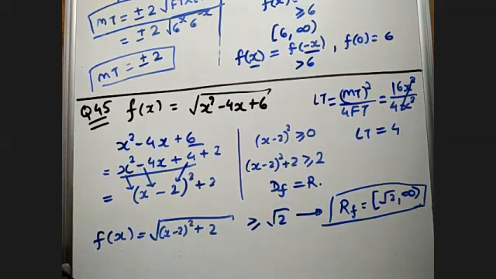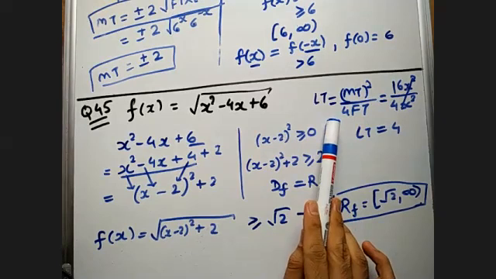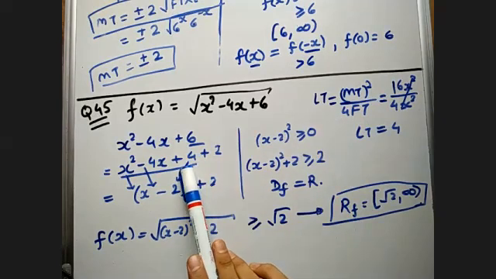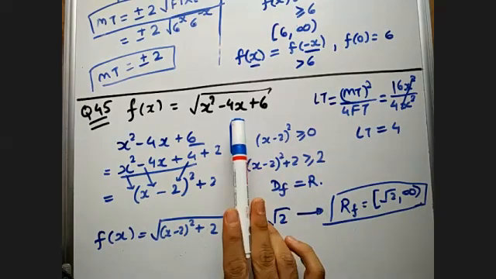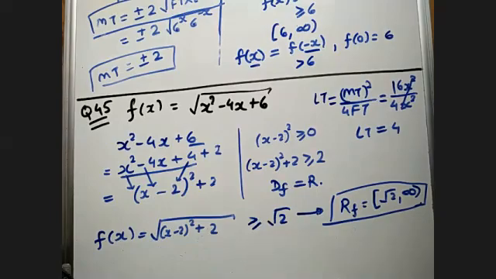Yes, you can find it by the minima or maxima method as well. Okay, so is it clear? Just let me know, question number 45. I think there is no need for repetition because we have already done this method so many times. I found the last term, converted it into a whole square term, then found that its value should always be greater than or equal to 2. And if it is greater than or equal to 2, its square root should be greater than or equal to square root 2. So shall we proceed?